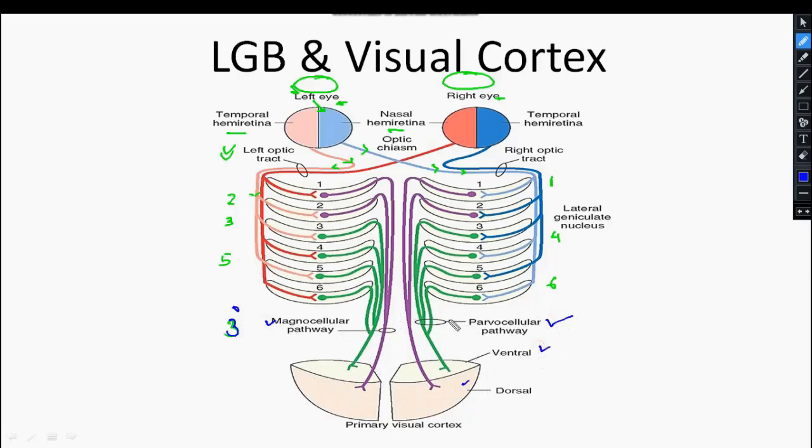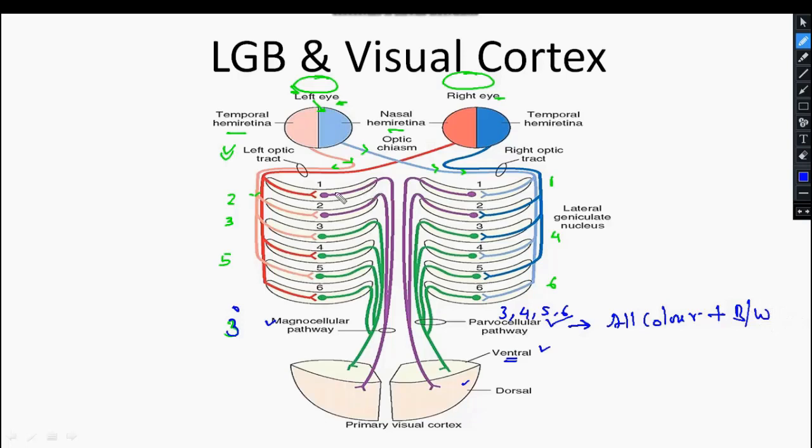So this parvocellular pathway fibers, which are coming out through the third, fourth, fifth and sixth layer of the lateral geniculate body, end here on the ventral part of the visual cortex, and this is responsible for all the colors that we see, along with black and white images,